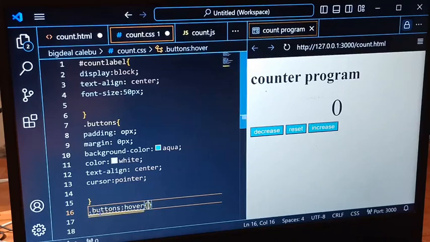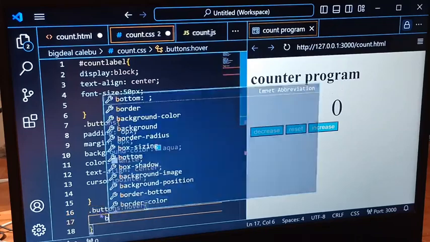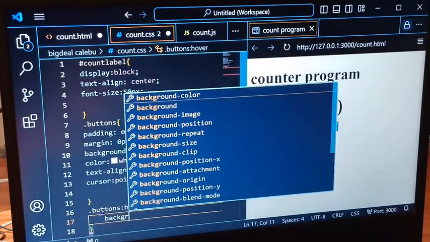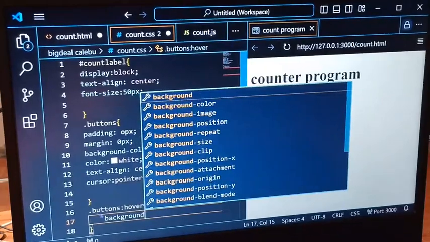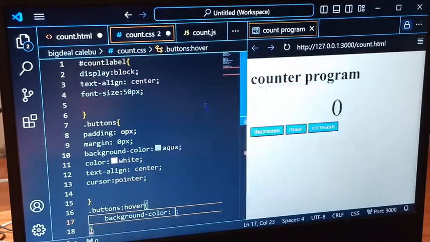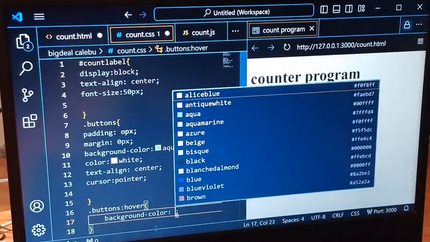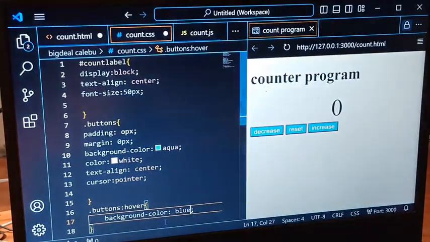Then you open the brackets. You say background color. I want it to be dark blue. When you point it like this, you're seeing it is changing. It is changing. Are you seeing? That is a hover property. Another thing,